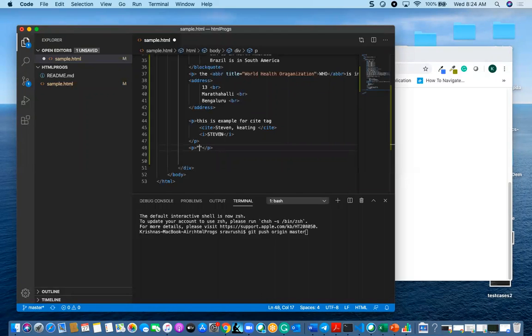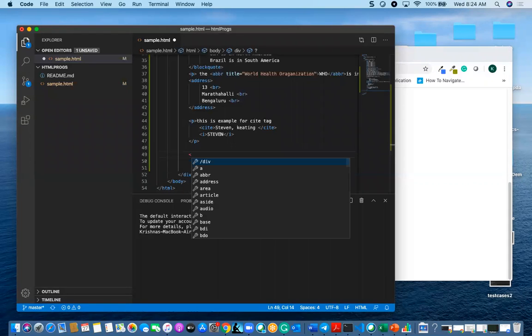But still, the quotation tag is very specific for that text. What I'm telling you is there is no correlation between them. We have to use each for its own purpose.